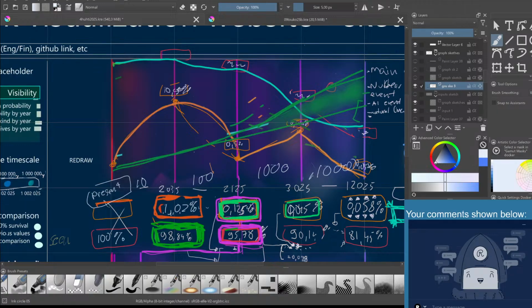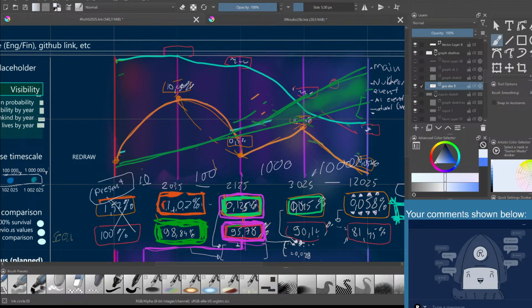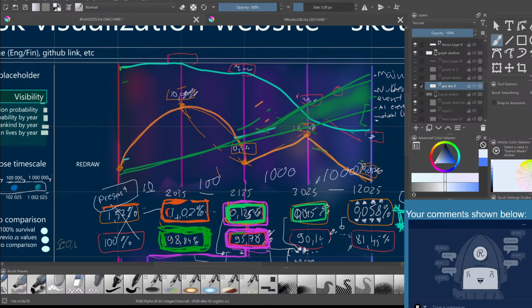If you have a linear progress from whatever is the probability in 2025, if you have a linear progression to 2035 to that probability, then these probabilities in between will be gradually reaching the new level, but it's a little bit tricky to show it here because the time scale is logarithmic. I think it would go a little bit like this, instead of a straight line. So that's a little bit tricky. You could also choose to have a logarithmic progression or whatever,